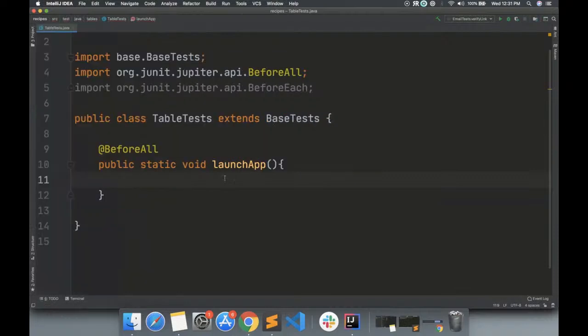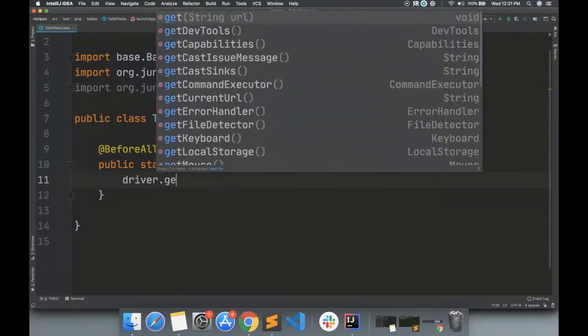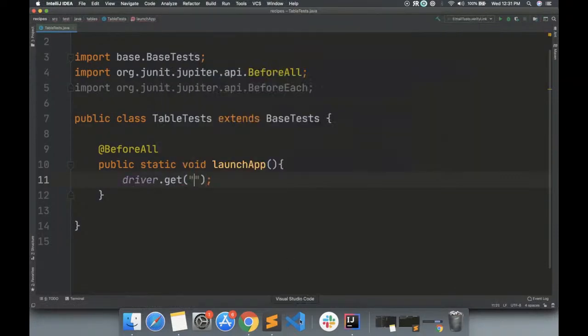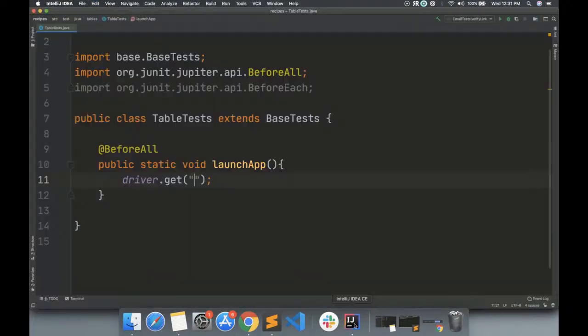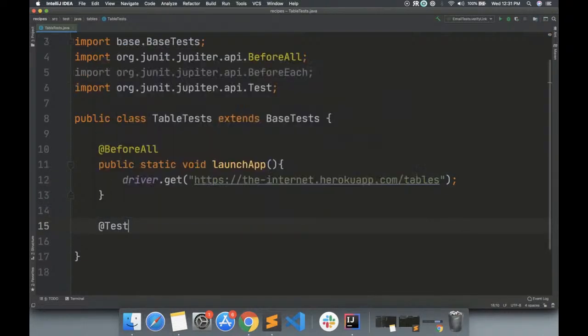And then in here, we're just going to say driver.get and give it that URL. So we'll just grab this, and that takes us to the page, right? All right, so now we're going to say test public void,